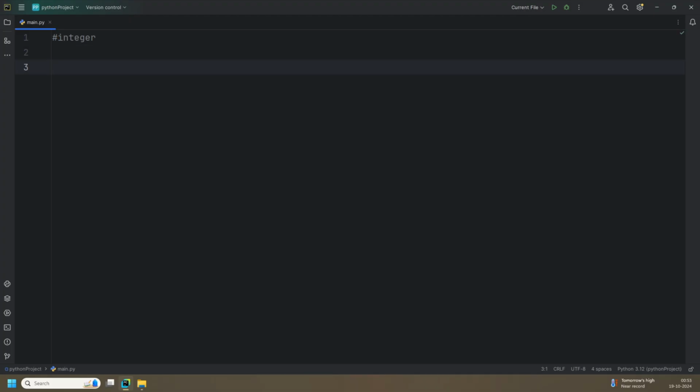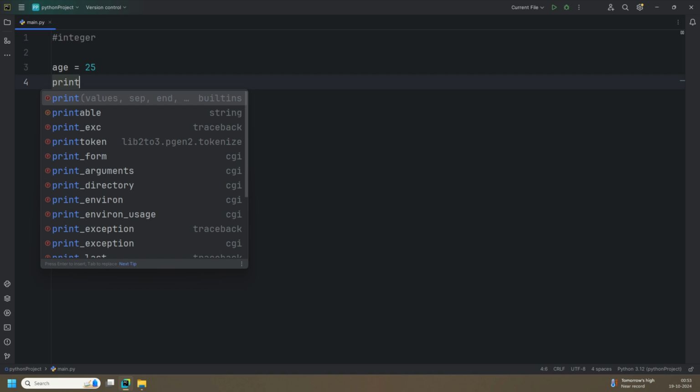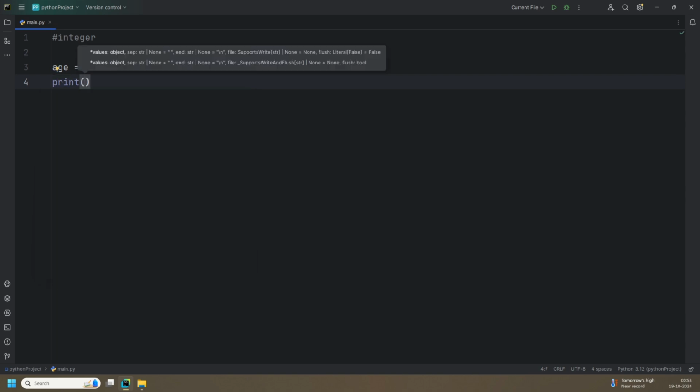Integer. Integers are whole numbers without a decimal point. They can be positive, negative or zero in Python. Integers are represented by the int data type. For example,